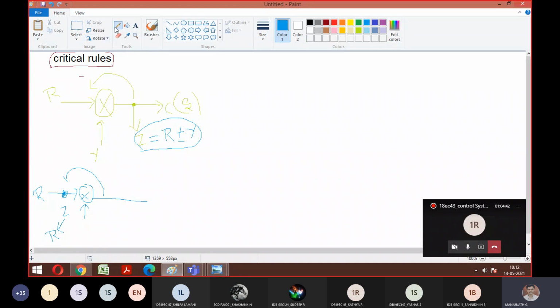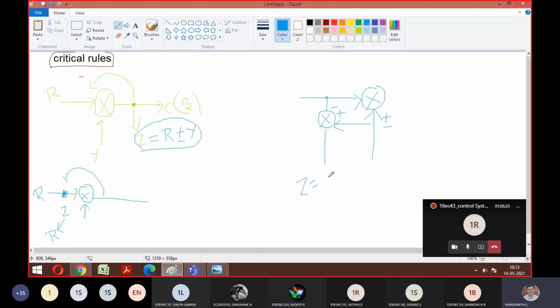So what we should do, according to rule number 10, the same procedure. I hope everyone understood the logic now. Yes, sir. So this is my original. What I'm adding here is one more summing point, because Z is here, right? So Z is here means I should add a summing point here. If this is plus minus, what should you do here? Minus plus. Add one more summing point.